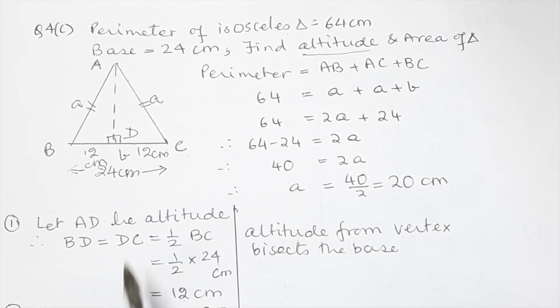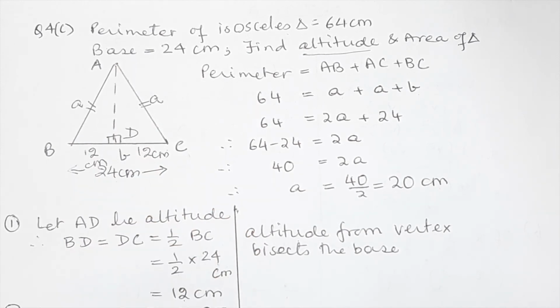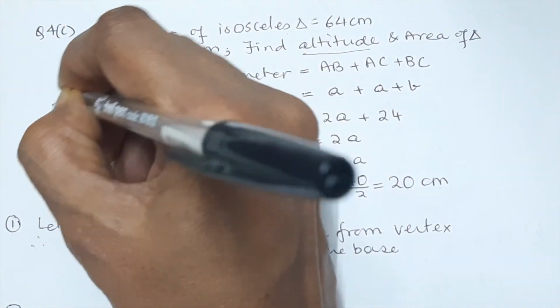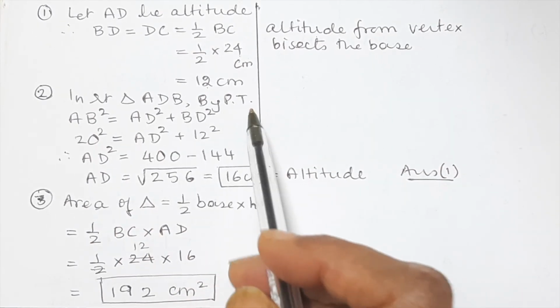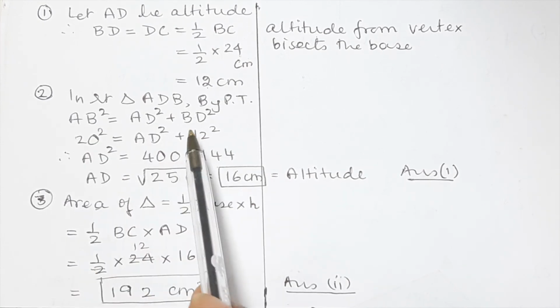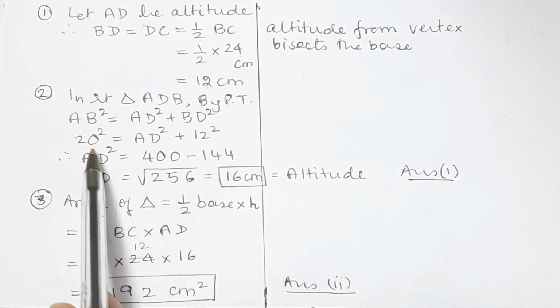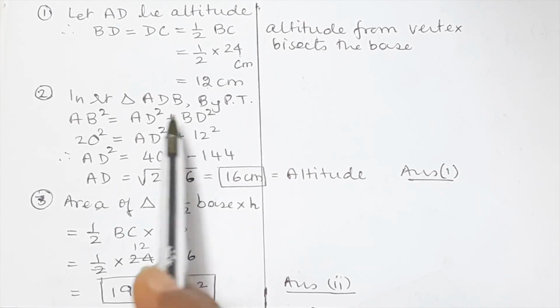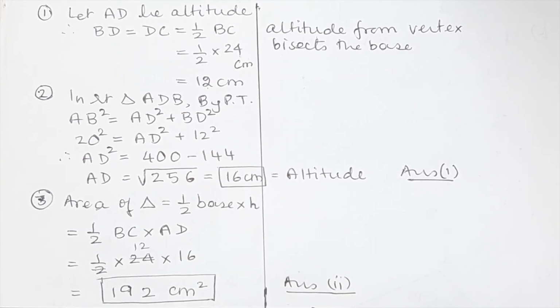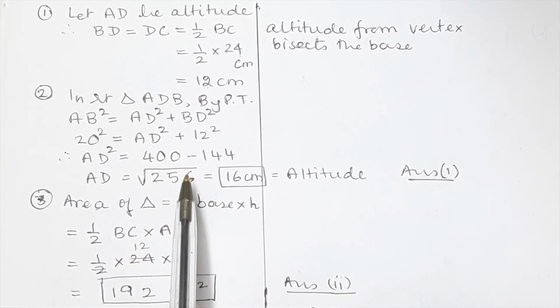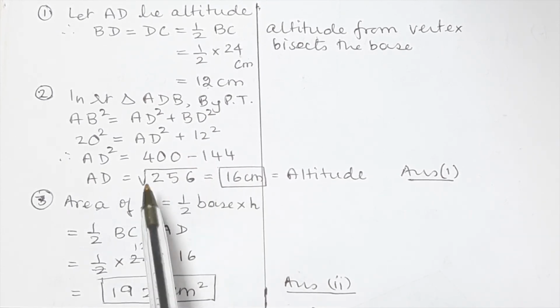Got that? Now, in triangle ADB, Pythagoras theorem will give us, now we know, see, a is 20. So this is 20 centimeter. This is 12 centimeter. So using the Pythagoras theorem, we can find AD. So in triangle ADB, by Pythagoras theorem, we'll write hypotenuse square is equal to sum of the squares of the other two sides. It's very simple. We are just substituting the values. Now, when you are doing this, you have to draw the diagram first. Put it on pause, write it on your own and check with me whether you are right or not. Okay, and check the steps also so that the logical sequence can be understood better that way.